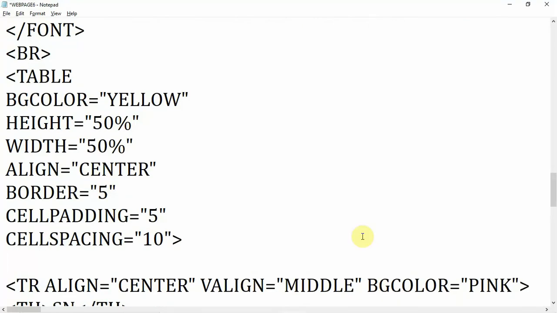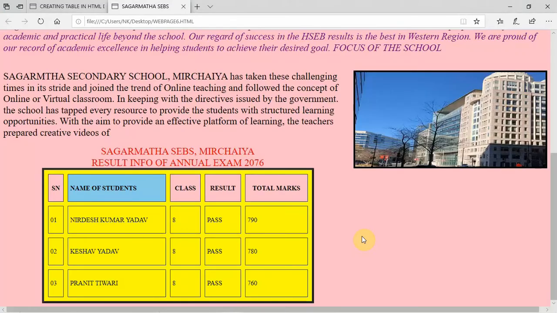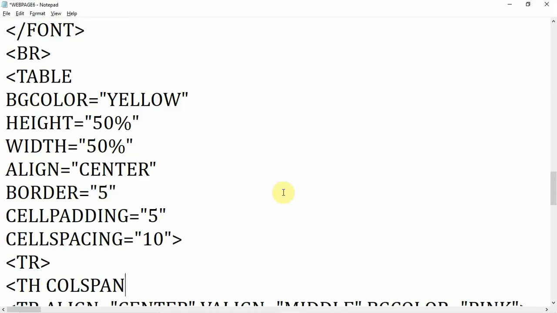I want to insert one TR and inside the TR I want to insert one TD, table data. I want to write TH also, you can write, no problem. And here you can write col span. Col span can cover how many columns, 1 2 3 4 5. I want to write the value col span equal to 5, double quotation. I want to give 5 here,